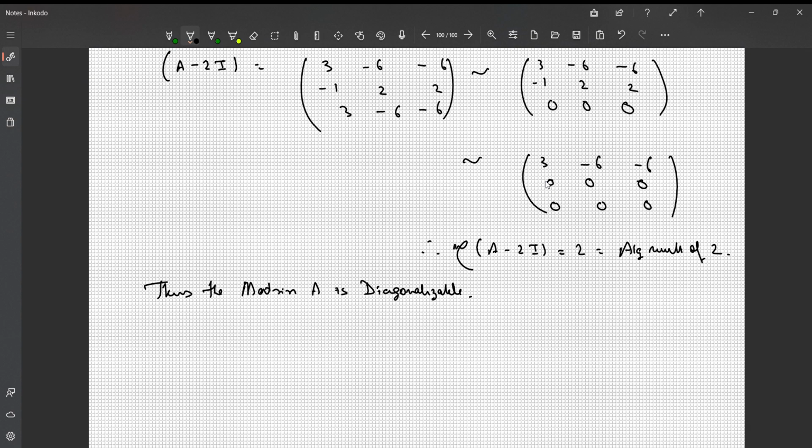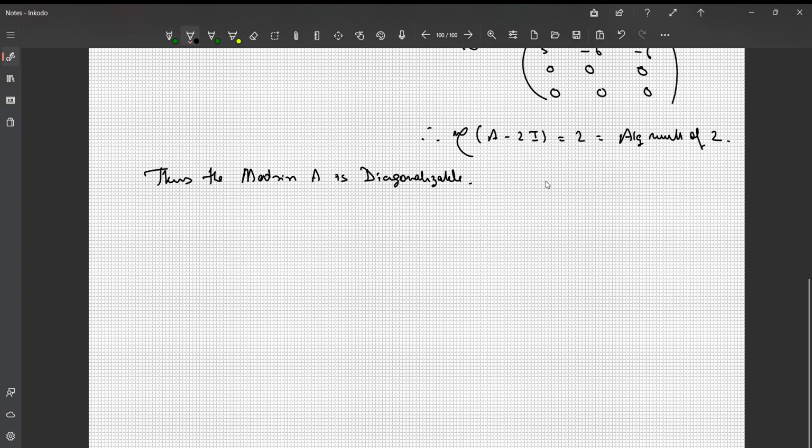Now we need to find the diagonal matrix associated with this. To find the diagonal matrix, what we actually need to do is find the basis of each eigenspace, right? Our goal is to find the basis of the eigenspaces